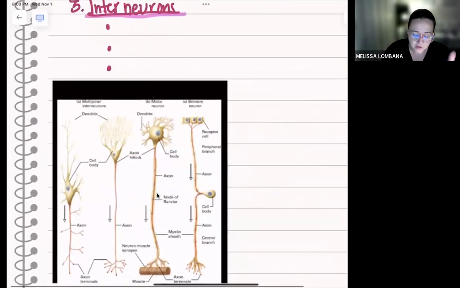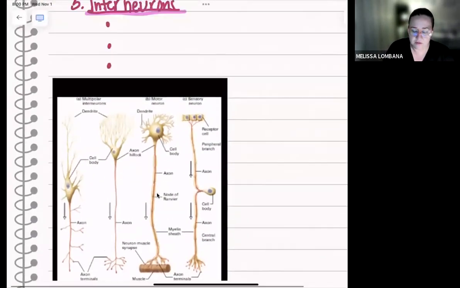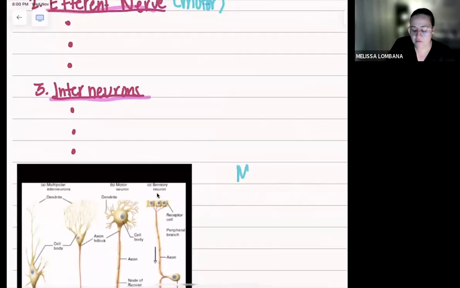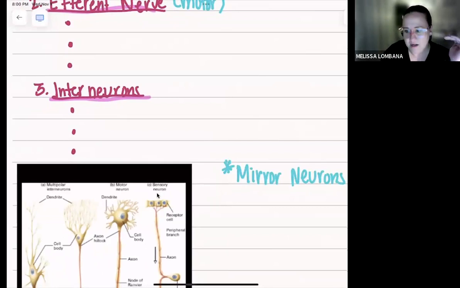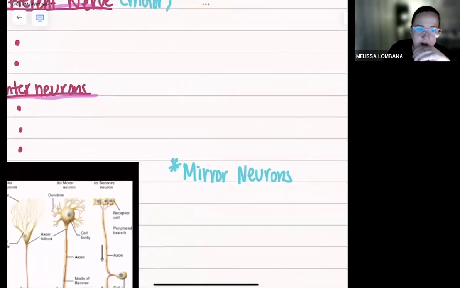All right. So a little side note that I want you to write here. It's not here, but I want you to write what's called mirror neurons. Now, mirror neurons, it's fascinating, this new research that they have going on. And this is basically where imitation plays a role in imitation, and it is activated when we perform a task or